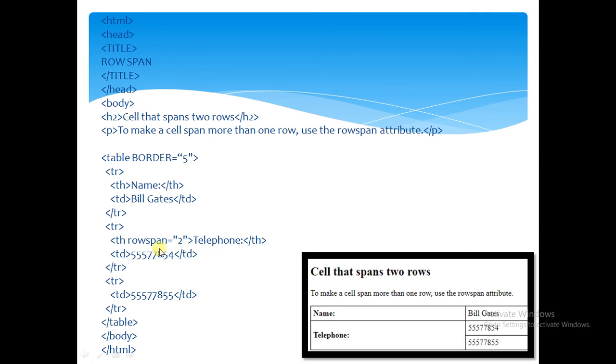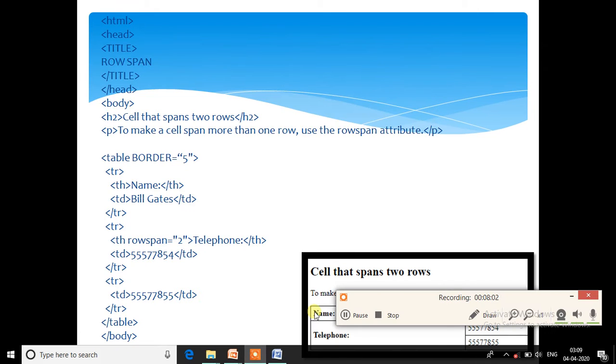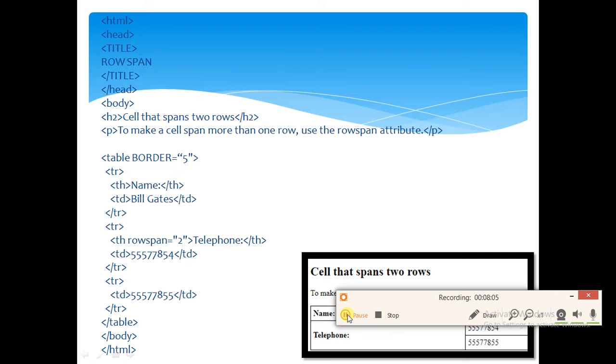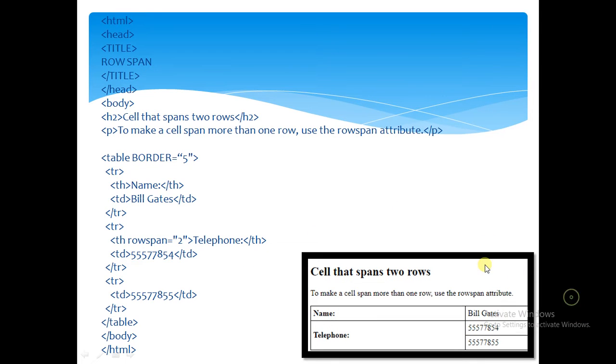After that we close the heading and open td, meaning table data, and after that close tr and open tr and write down the second telephone number. After that close the table, body and html tags. So here we can easily understand what rowspan and colspan are.